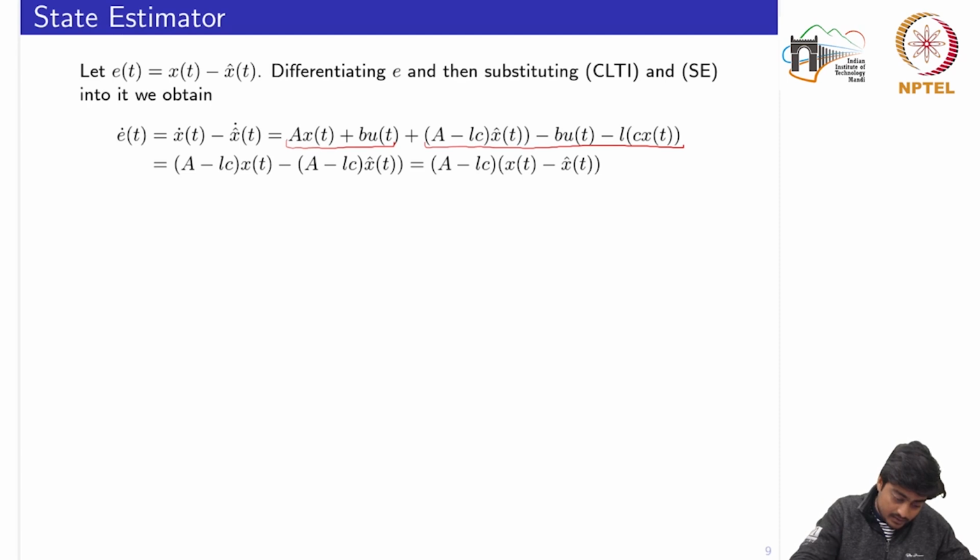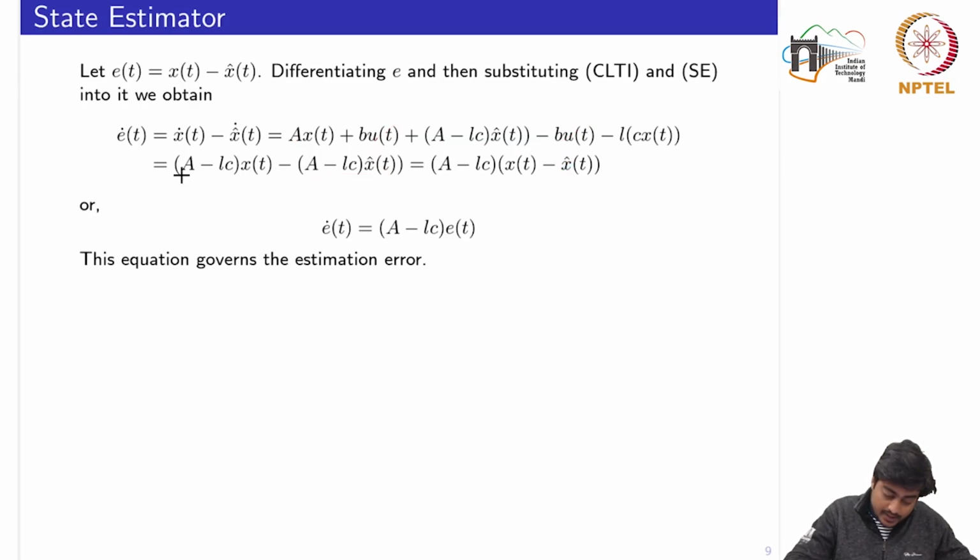First of all, we'll rub this so that there is no confusion. So first of all, we take this term A and minus LC, taking a common factor x. Again, this A minus LC we keep as it is. And this Bu part will get cancelled out. So the remaining part, again taking the factor A minus LC common from this, we will get A minus LC times x of t minus x hat. Or I can represent e dot is equal to A minus LC times e of t, and this equation governs the estimation